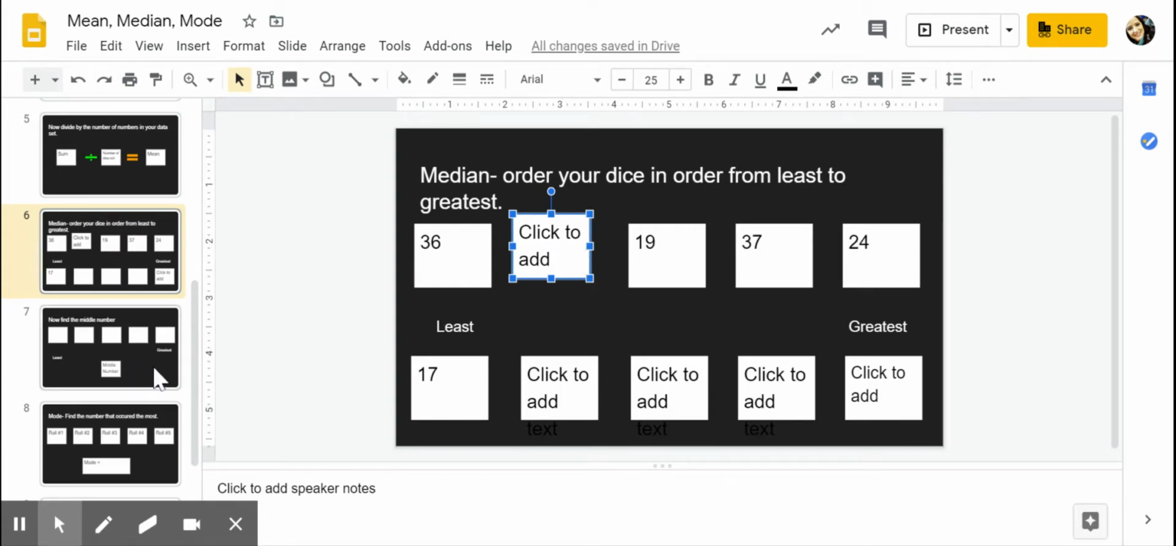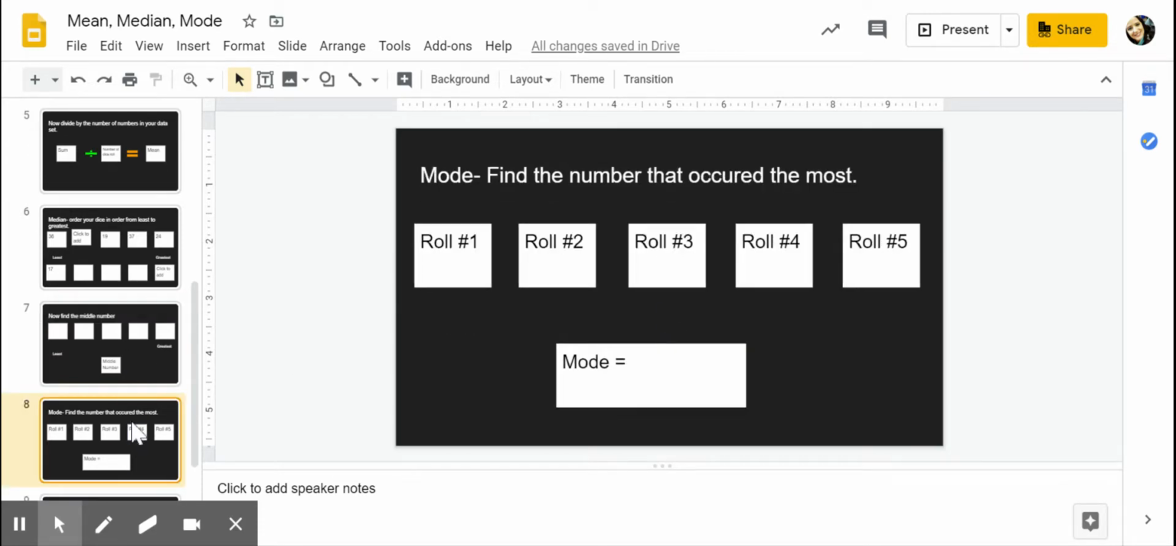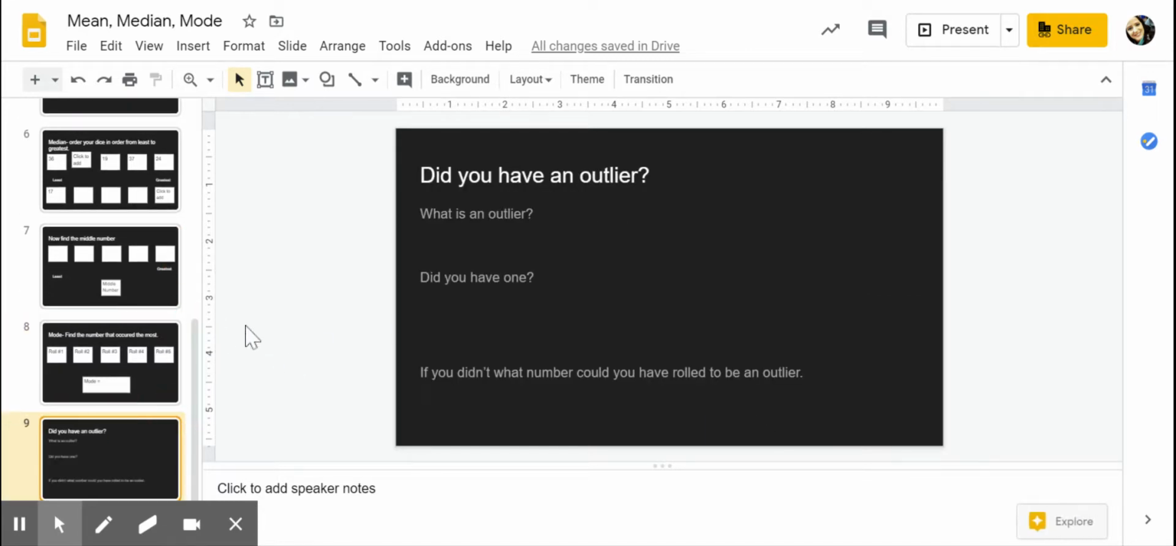And then I go to the next one and I'm going to retype my information and tell me what the middle number is. And then finding the mode, type your numbers out and look and see if you have any numbers that repeated. If you did, that is your mode. If you didn't, then you would write no mode. And then your last one asks you to